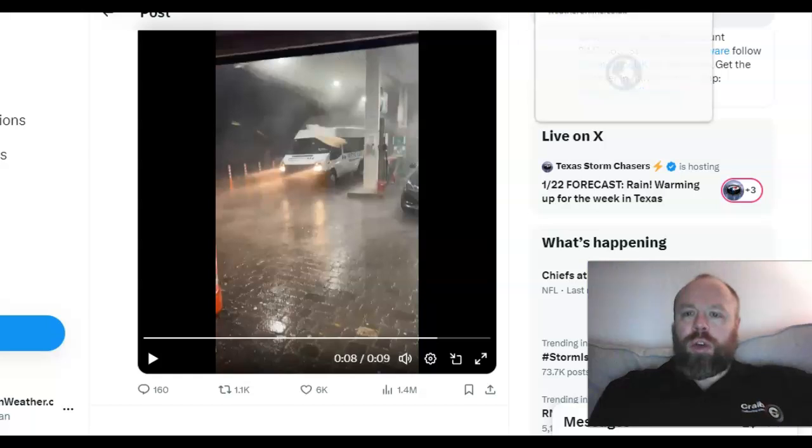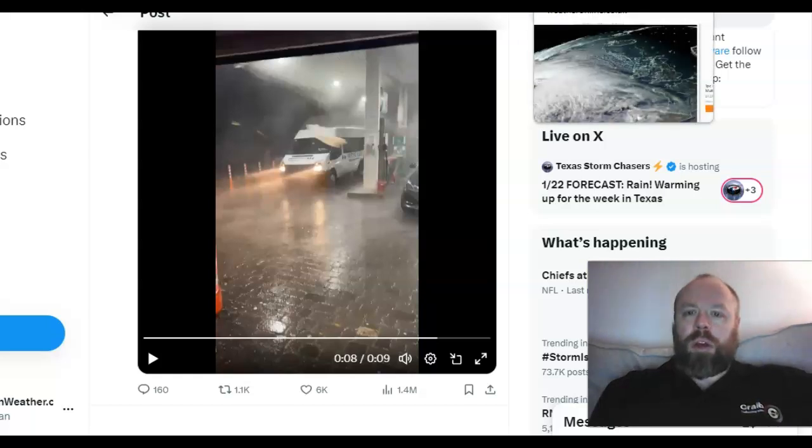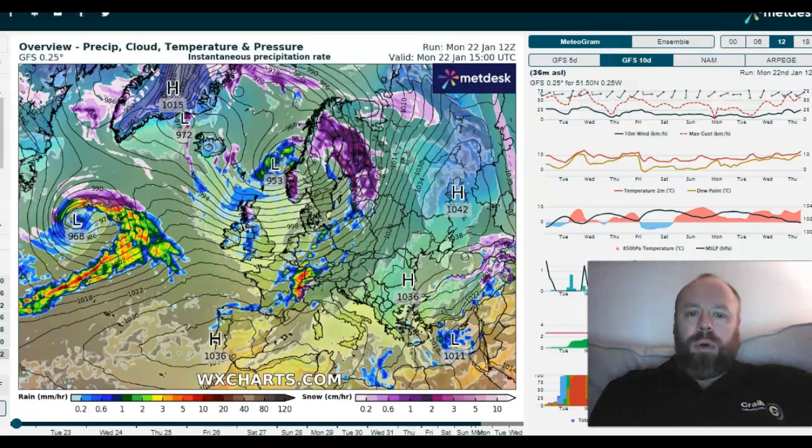Thanks for clicking on to the Monday edition of Vogan's European Outlook. We do have a fairly broad trough in place at the moment. There is Storm Isha now pulling up through the Norwegian Sea. We have had a pretty brisk west to northwesterly wind blowing throughout the course of today, those winds gradually easing from the intense gusts that we've seen during late last night and into the early hours